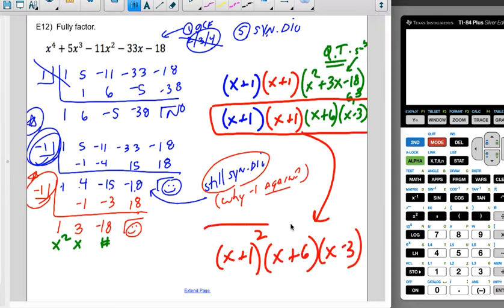So notice what made this one really tricky is I kind of have to keep doing synthetic division because when I got that first hit, when I got that first factor that worked, it still gave me something that I couldn't factor by any other method. All right, so let's go ahead and try a